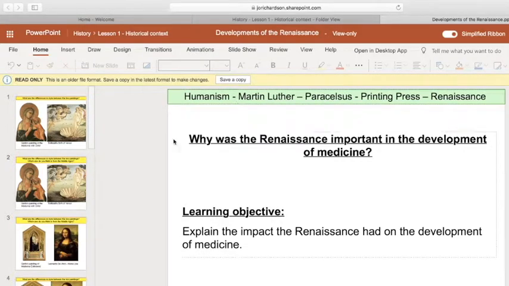Just a little bit about humanism. A big part of the Renaissance was this cultural movement called humanism. The real concept of humanism is that it was a philosophy that all people should be educated in the classical arts, literature, science, and technology. It's the idea that people should break free from the teachings of religious orthodoxy, those traditional views that we really see having dominance in the Middle Ages, and to encourage inquiry. Now, inquiry is just a fancy word for thinking.